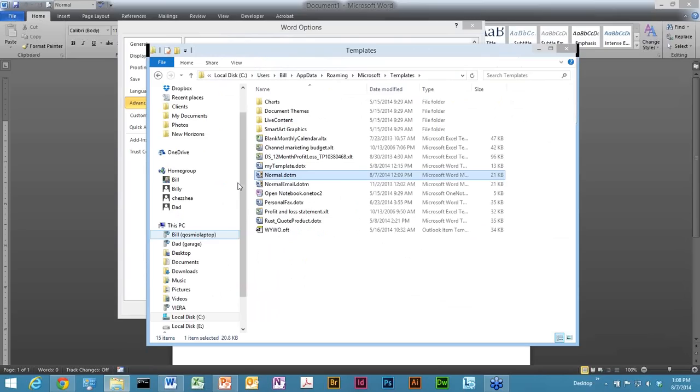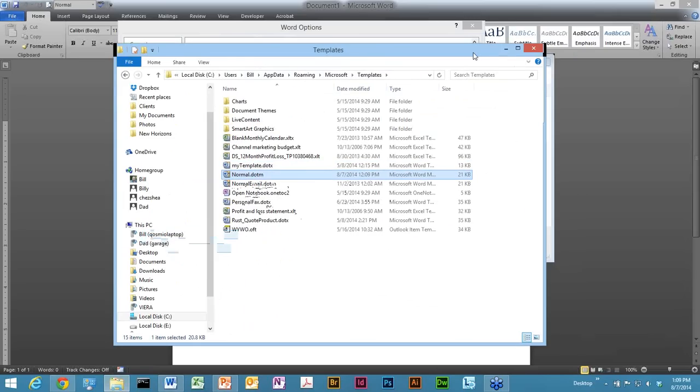If you do that, any changes that you make will affect every single new document that you create in Word. So you go File, New, and whatever changes you've made are going to be reflected. Again, some people find that to be a good workflow that works for them. Most people will say there are better options and better ways to go about that,